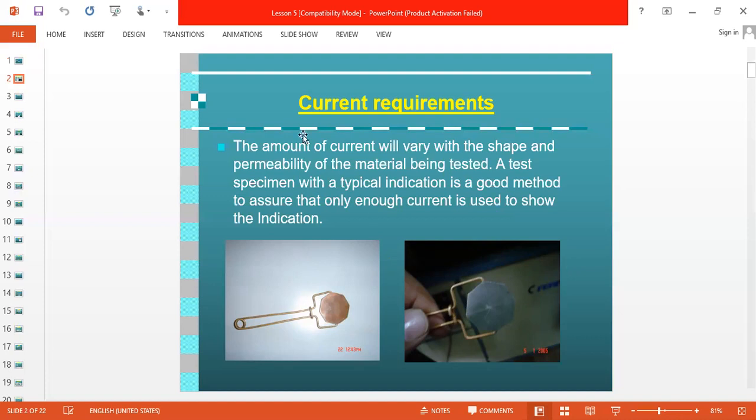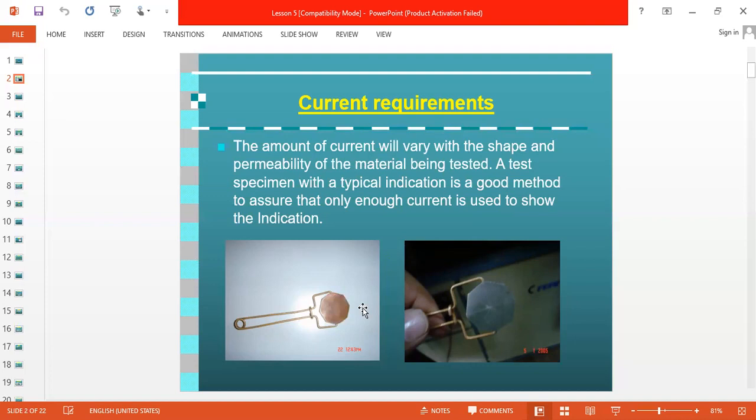Here this is the pie gauge, and in this pie gauge there are artificial crack lines. If you calculate the current and set the current as required per calculation, then we have to keep this pie gauge on the job and apply the current, and at the same time apply the iron particles on this pie gauge. If we are getting the required indication lines on the pie gauge, then we can say the magnetic field is sufficient.